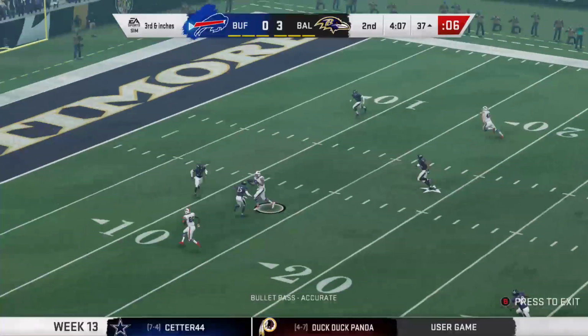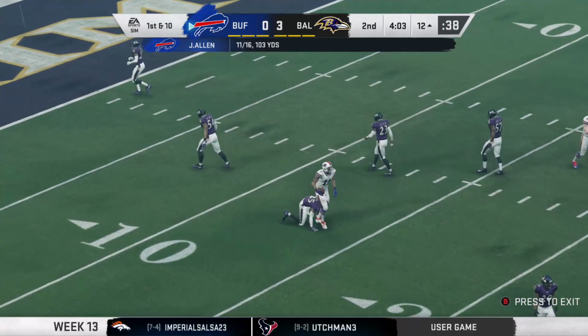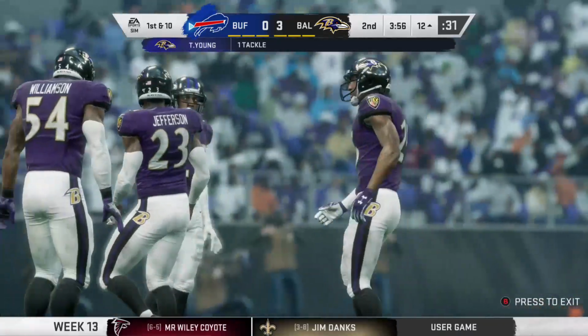Throwing now is Allen. It's caught. Jones. And he's going to be taken down with the 1st down at the Ravens' 12-yard line. This drive, it's been a good mix. 3 passing plays, 3 runs, hitting on all 3 of those passes, and the last one putting him in the